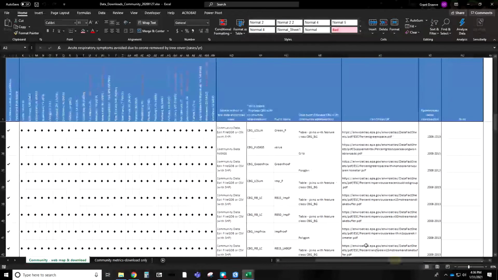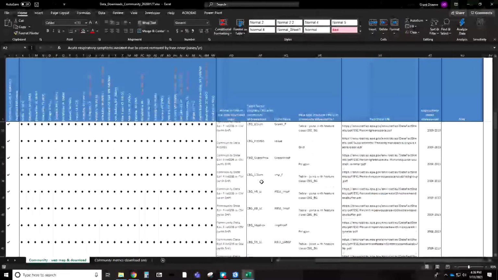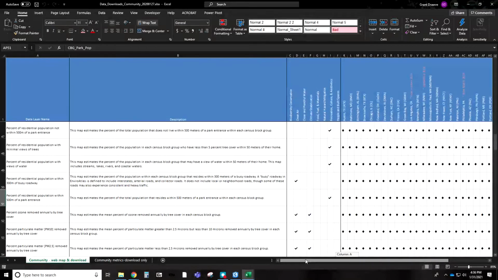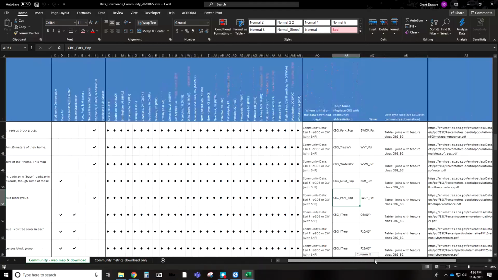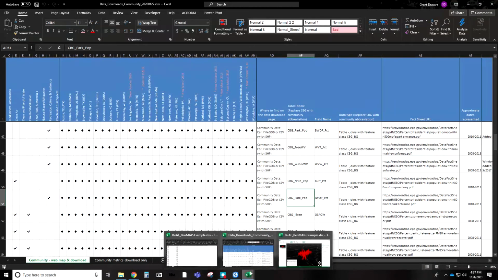And let me just move this over here. Let me go back to the top to make sure we don't pass any. Here we go. So we're starting to get some population ones. Let's see what this one looks like. So this map estimates the percent of total population that resides within 500 meters of a park entrance within each census boundary. So let's look to see what book that was in, park population, and then we want the IWDP. All right, so with that, I'm just going to do a couple quick housekeeping items within the workbook itself. So when we bring in other data, we can at least make sure it's in the right